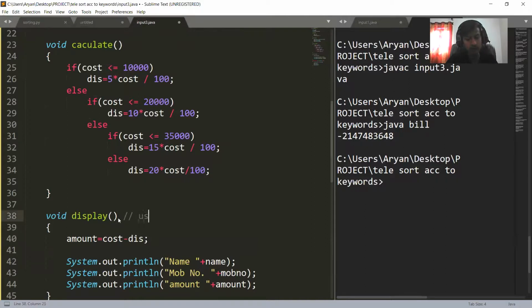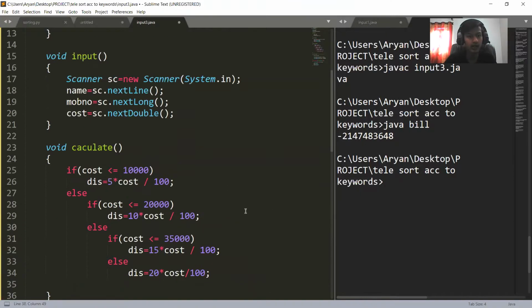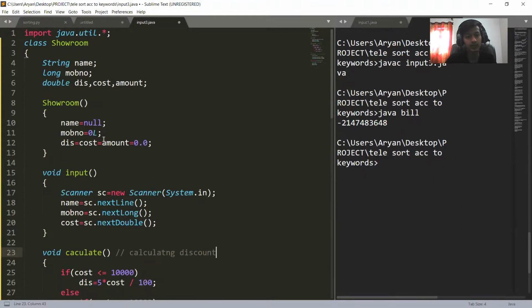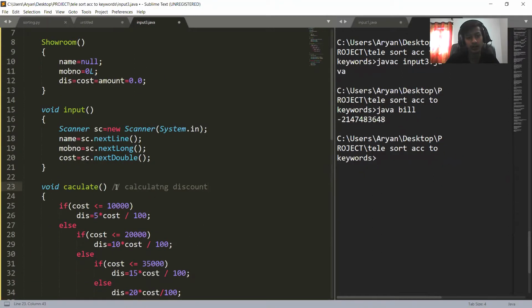Here I put the comment used to display, used to print final output. Clear? Here I use calculating discount.